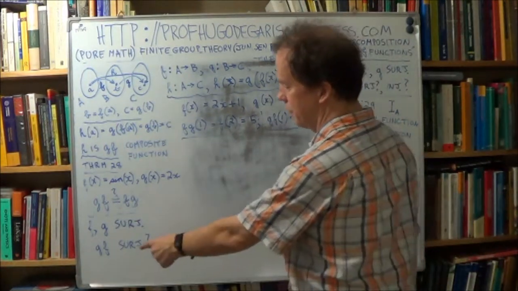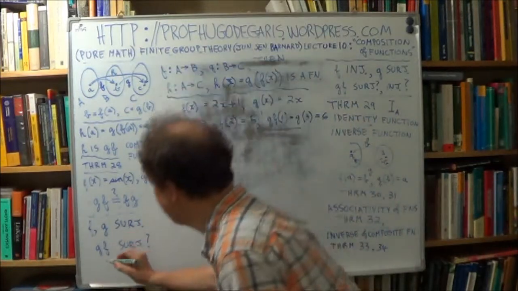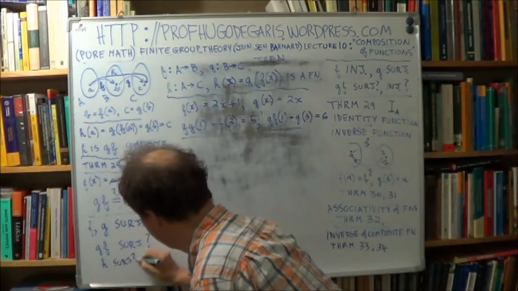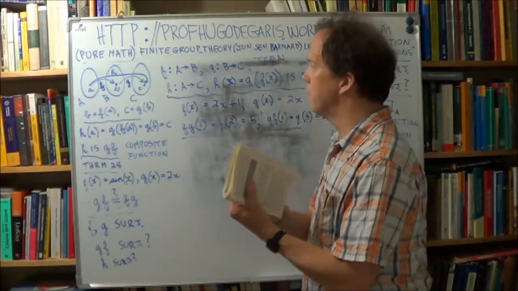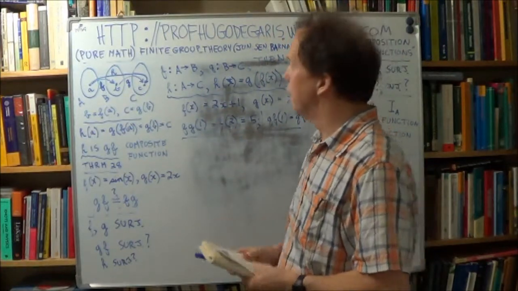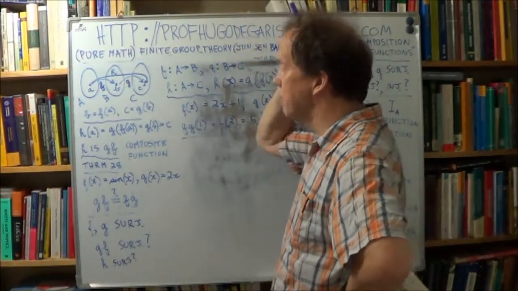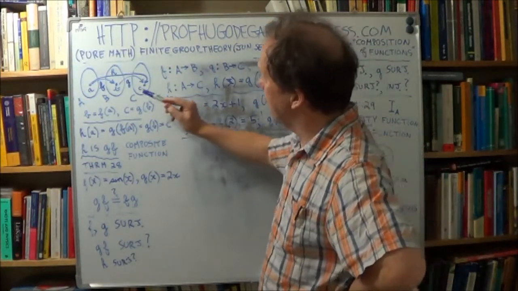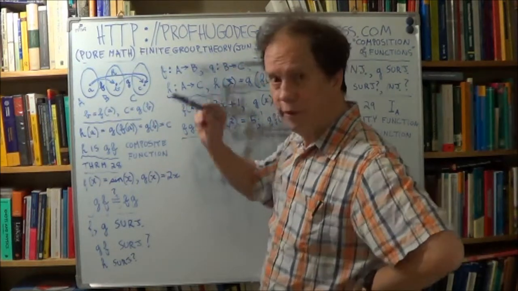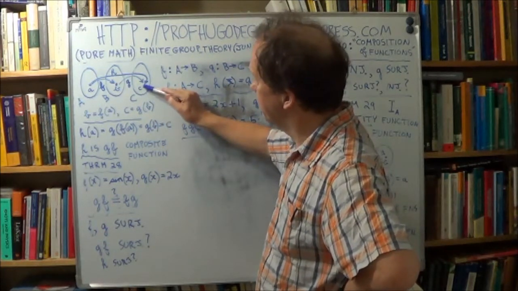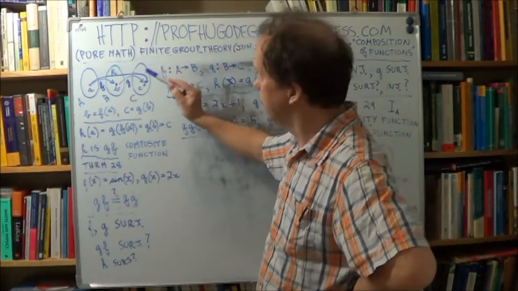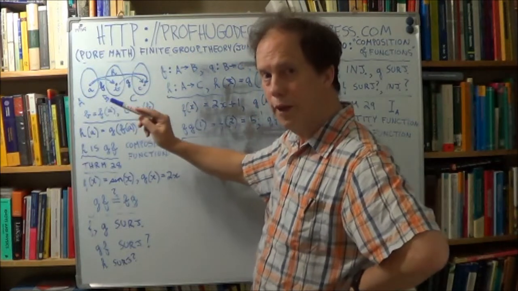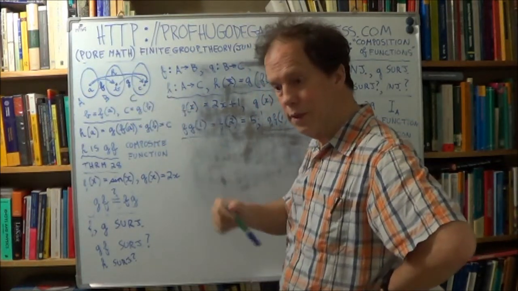Now, in other words, we're asking: is H surjective? We know these two functions are surjective, and we're asking now is H surjective? Now, how do you prove anything is surjective? Well, H will be surjective if for any element in C, in your codomain, you can find a corresponding element in your domain. That's the definition of